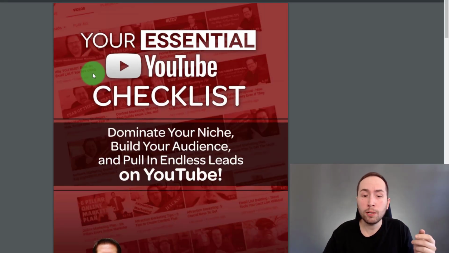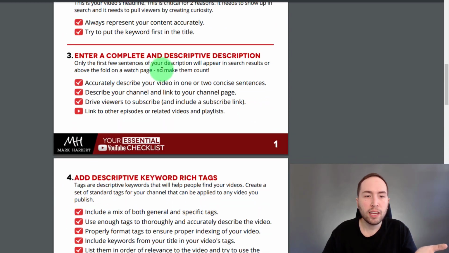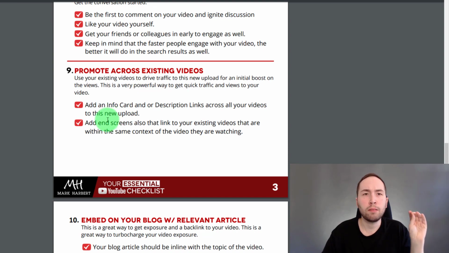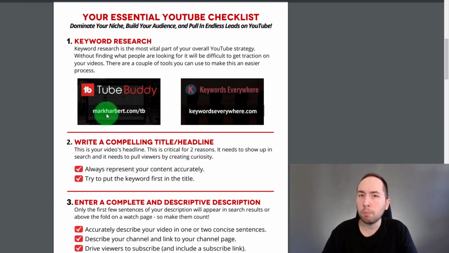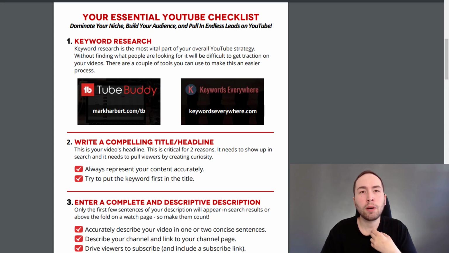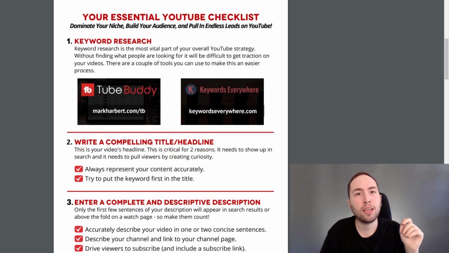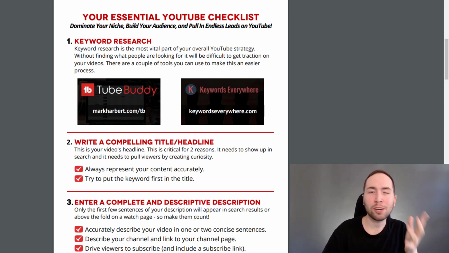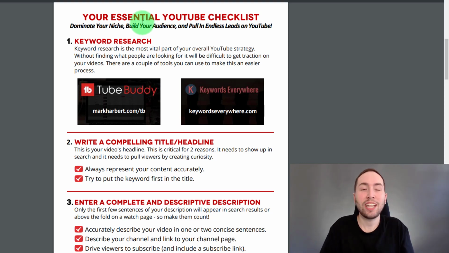This is from Mark Harbert. You can see it's so much more simple to make. It's like 6 pages, and you can see it looks good and it's just basic. And this is going to be much easier to make and just better in my opinion. The ebook, I love it, but it just took so much time to make, and it's got a lot of value in it, but it's very long. And a lot of people aren't looking to read that much, okay? So that's my advice there.